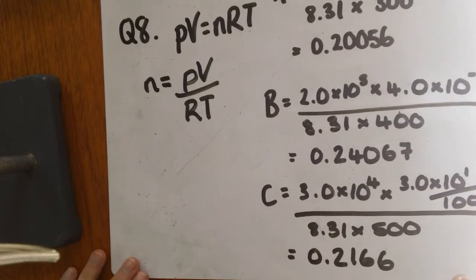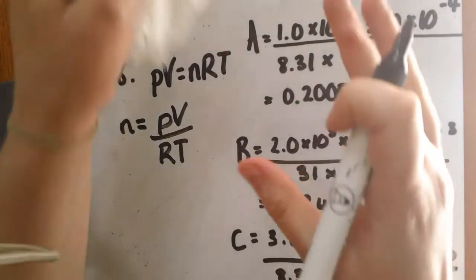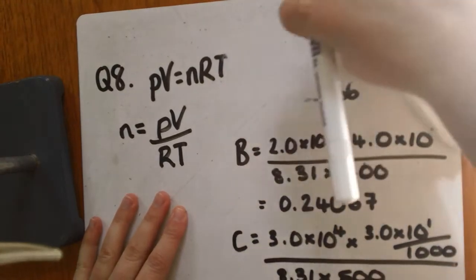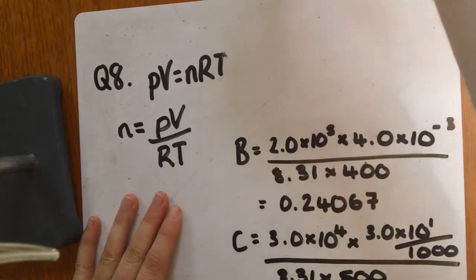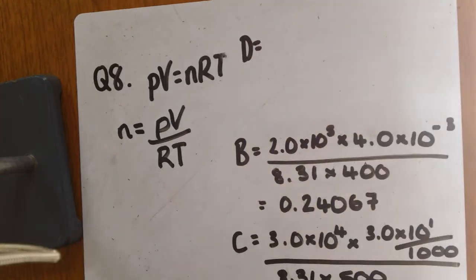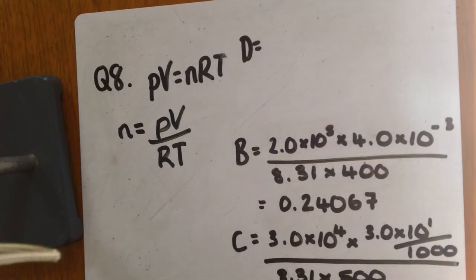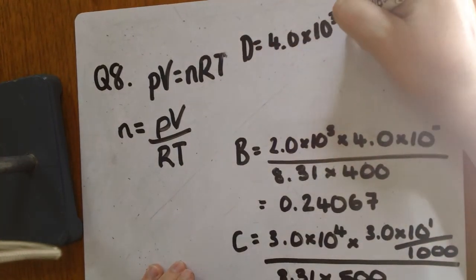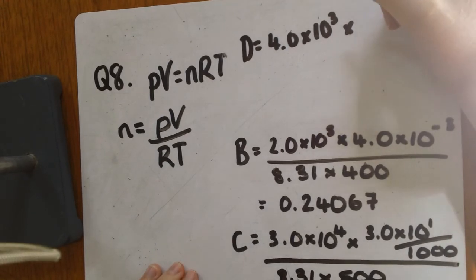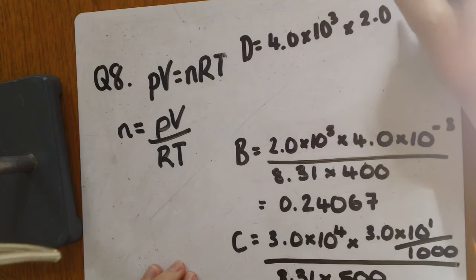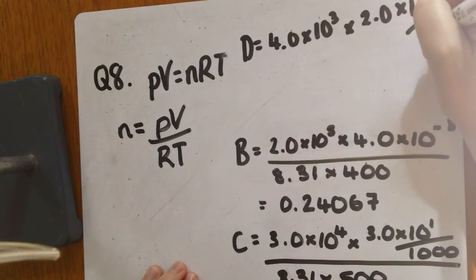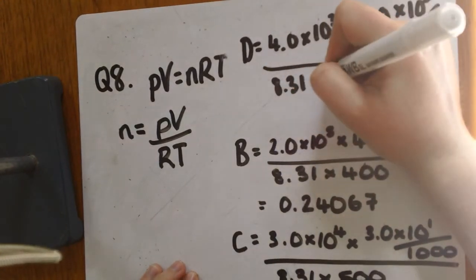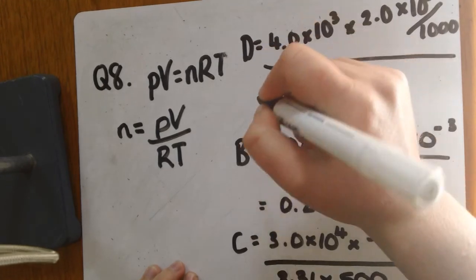And probably going to tempt fate here. In fact, no, I'm going to rub out A, because A is significantly smaller than all my others. So here, I'm going to look at D. D, we've got our pressure in Pascal, so don't need to do anything for that one. Times by my volume, this is in decimeters cubed, so I need to convert it by dividing by 1,000. Divide the whole thing by my R and my temperature, and that gives me an answer of